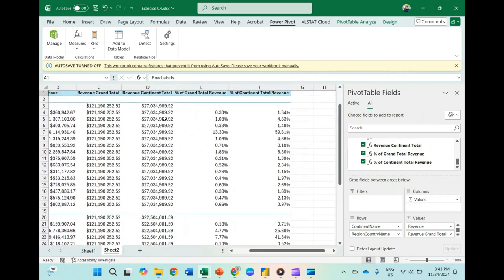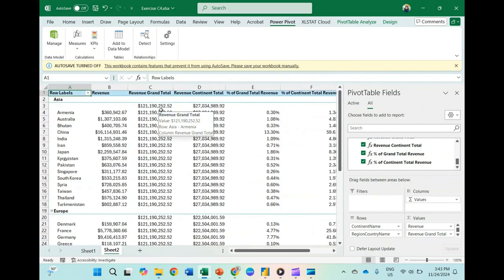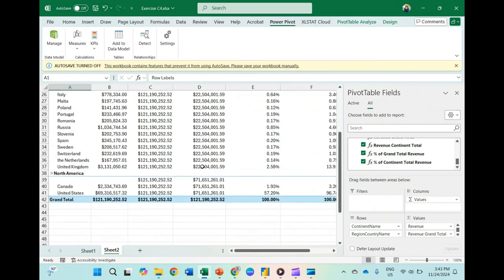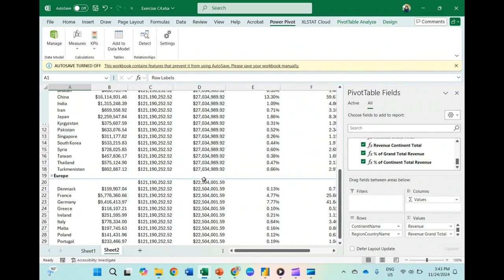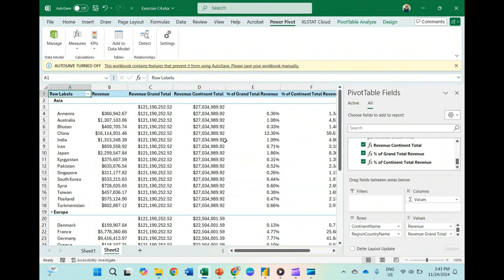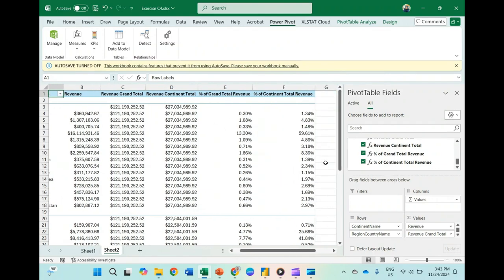So this is to show you total overall. This is total for this continent: Asia, Europe, and North Canada. So you can group. This is the field where you can filter. This is the total overall from 1 to 1 million. This is the percentage from 27 million.